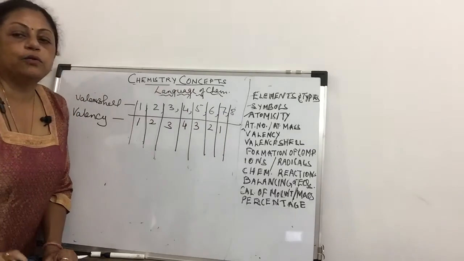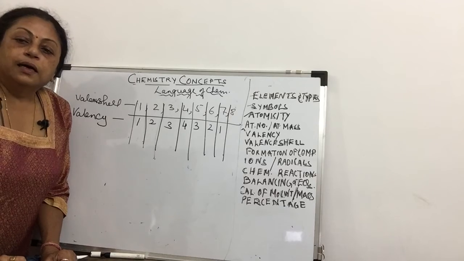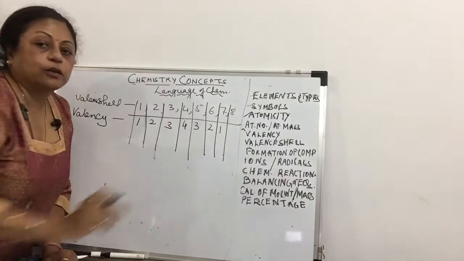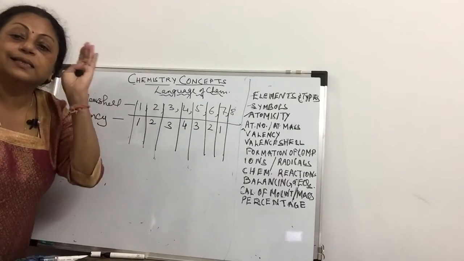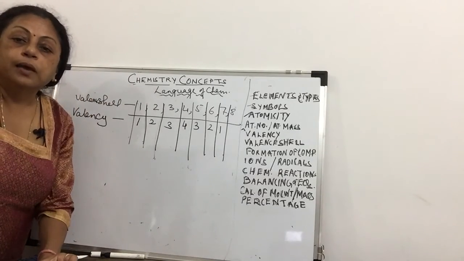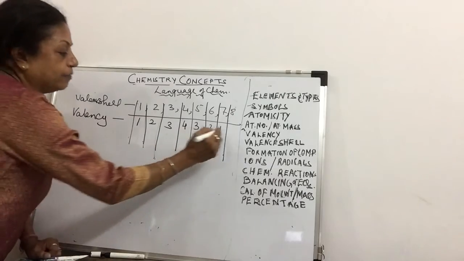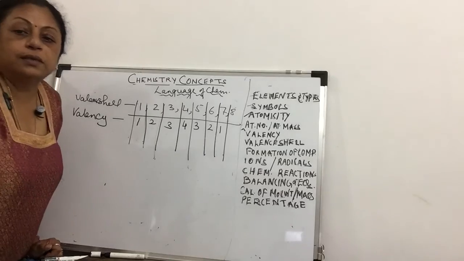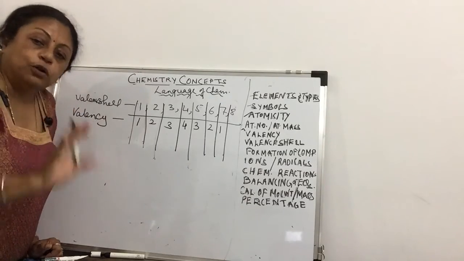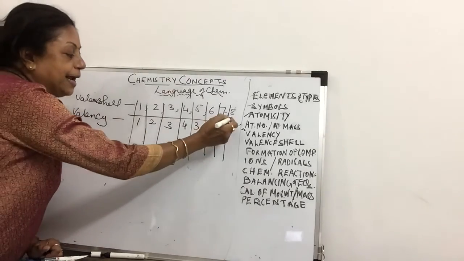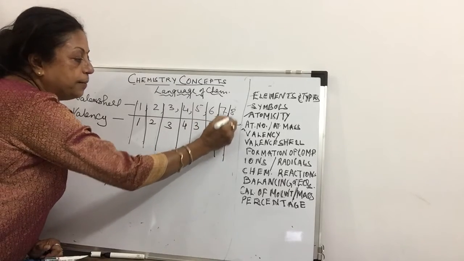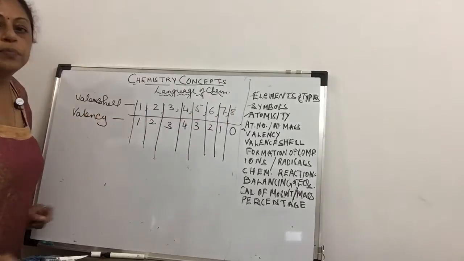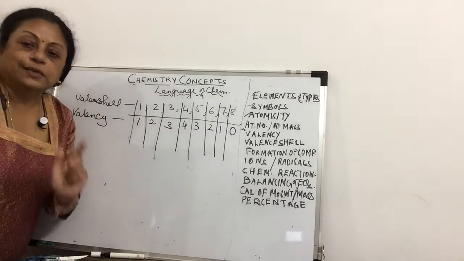It has to take 1 electron and it will become 8. So the valency will be 1. But if it is 8 electrons, all the noble gases, that is the 0 group, the 18th group, have got how many electrons? They have got 8 electrons in the last shell. Only helium has 2 electrons in the last shell, so helium is also duplet completed. So with 8 electrons in the last shell, the valency will be 0. This is for the 18th group, that is the noble gas group.